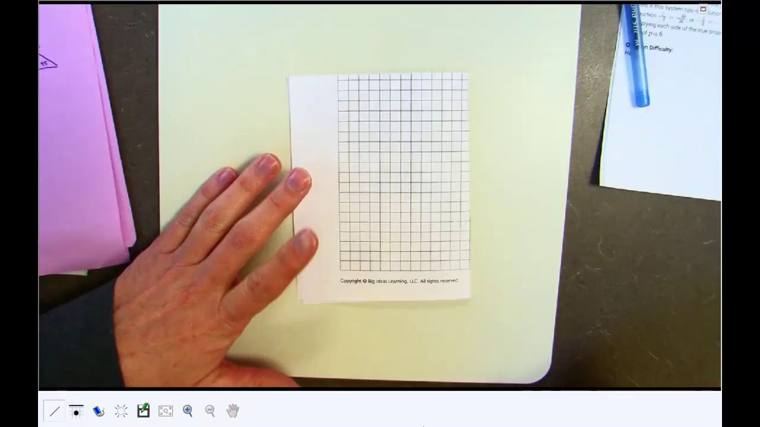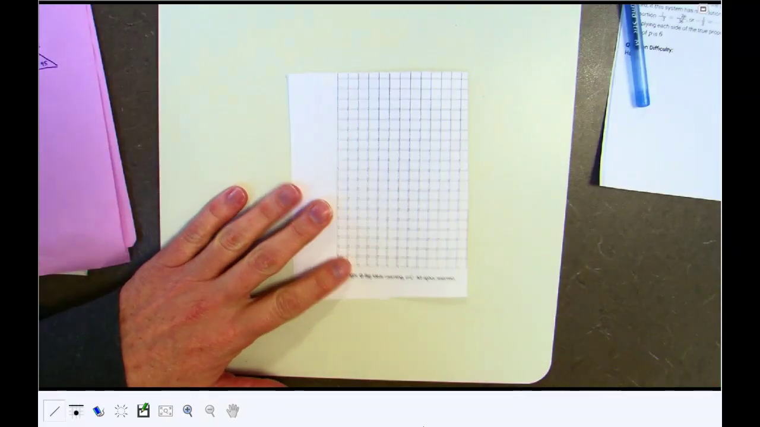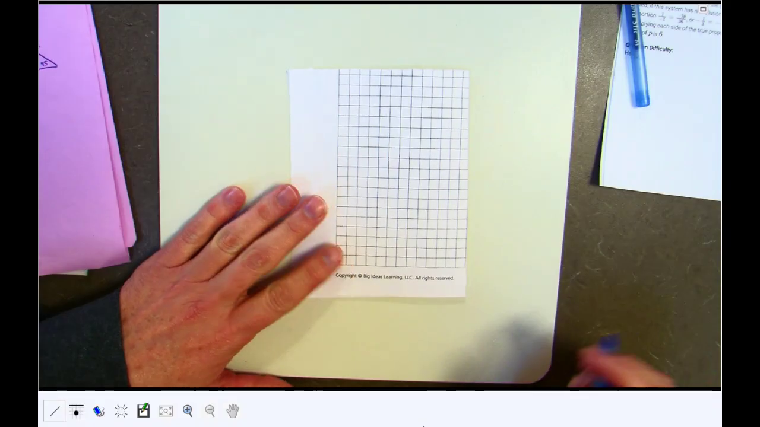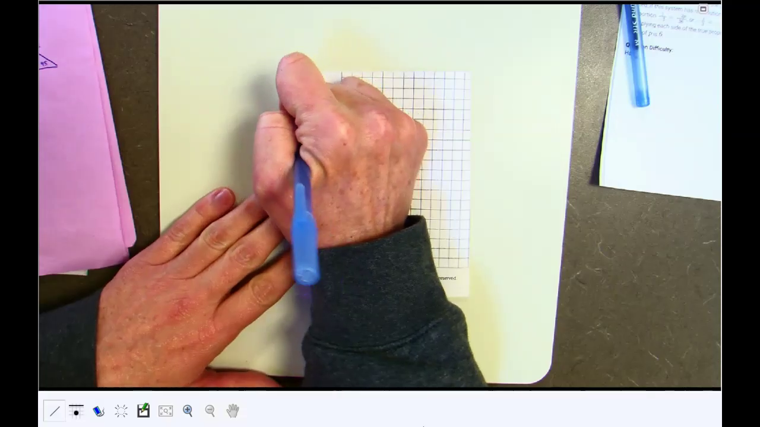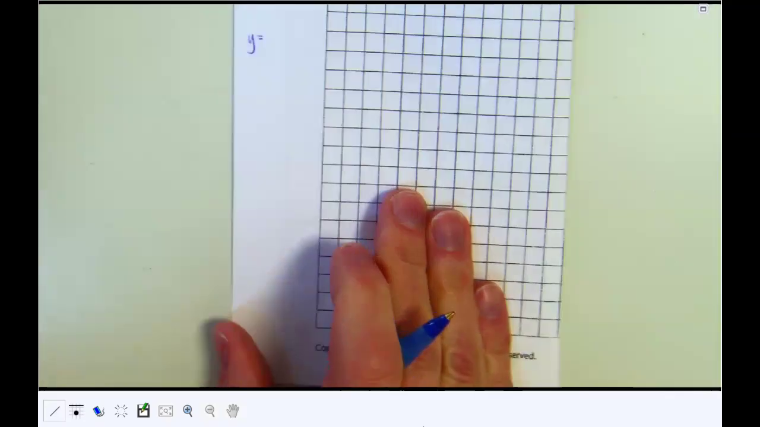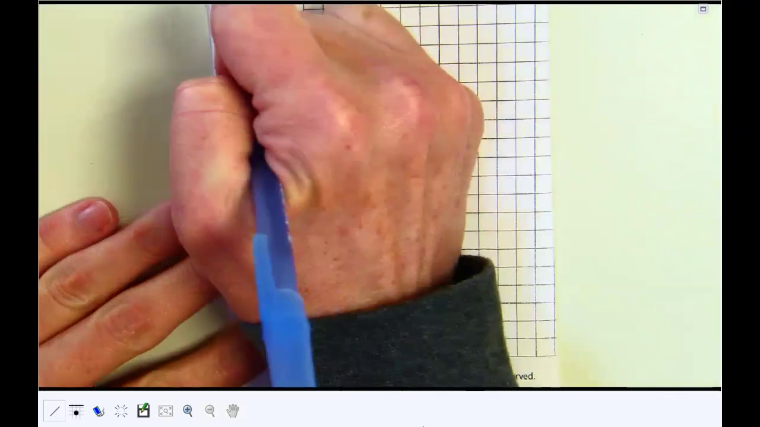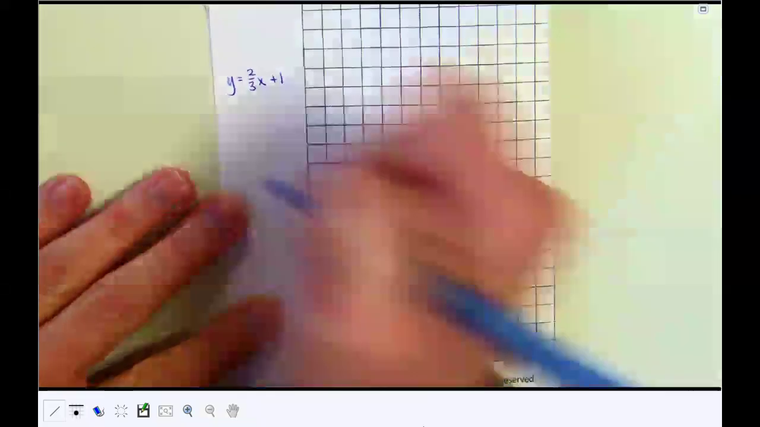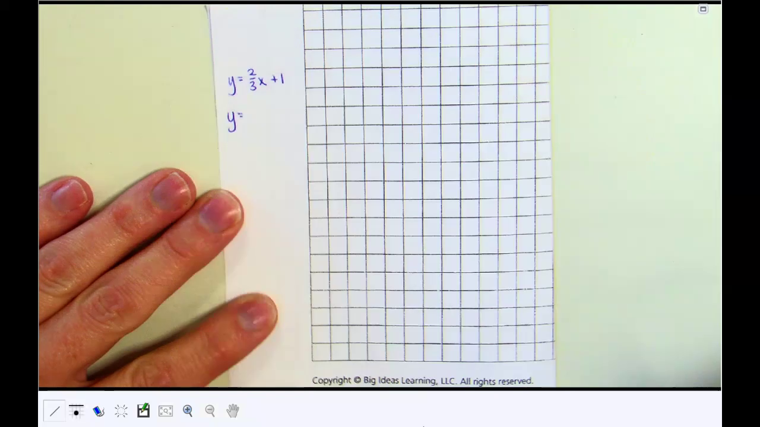Okay, so we obviously need to do a little bit of practicing with graphing because it was not good. So let's go ahead and we're going to graph the system. I'll zoom in so you can see. y equals 2/3 x plus 1 and y equals